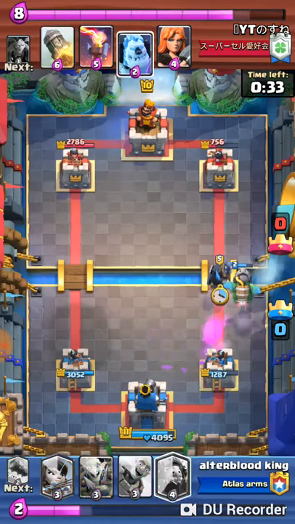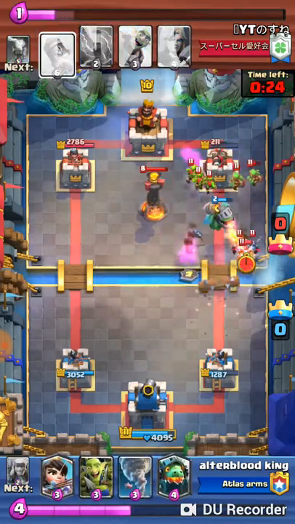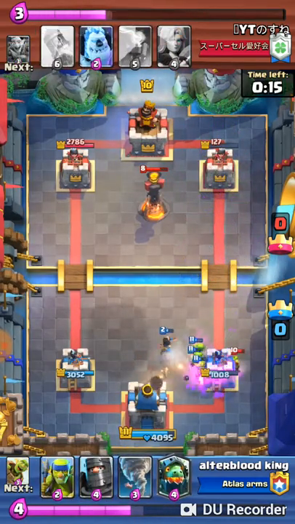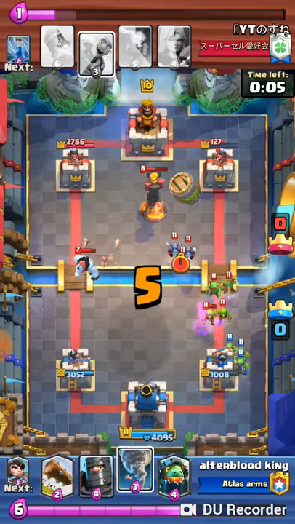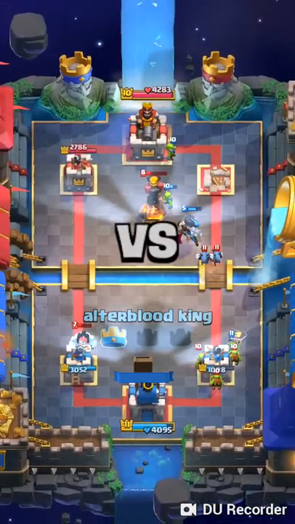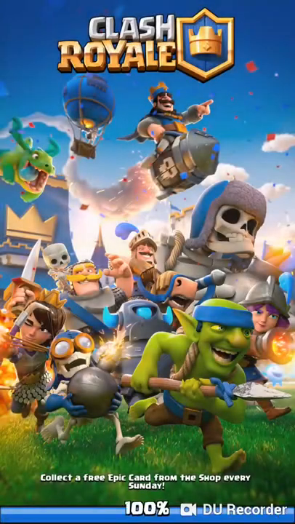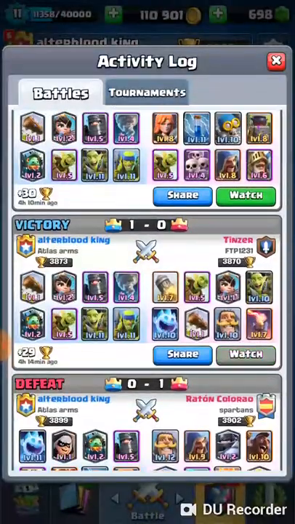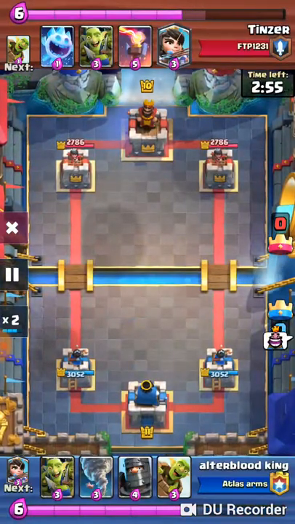So a quick tip about using the Goblin Barrel: if you Tornado it when it's just spawned, then you do not get hit on the tower. But if you do it sometime later, then you might get another hit on the tower. So that's that. So I've also faced a match against Lockbait, and in this you can see how to